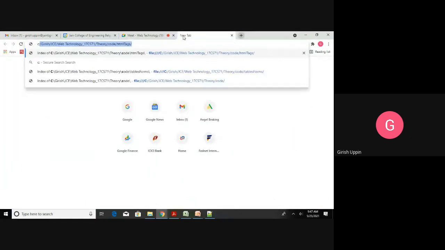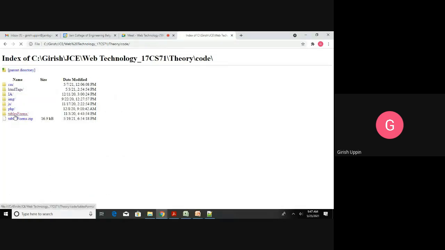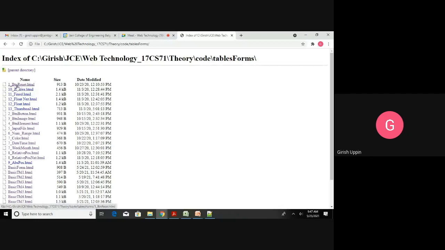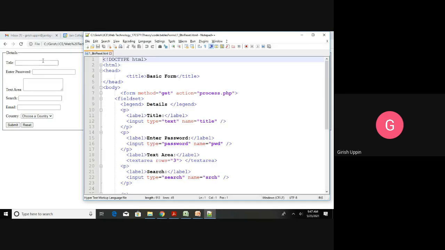I will open it in the browser. This is the first one, button reset. You can see both submit and reset are there. I will show you the code for that. This is the same source code that we have seen earlier. This form is exactly the same. I have retained all of those: title, password, text area, search, all these things are there. We'll just focus on the submit and the reset.